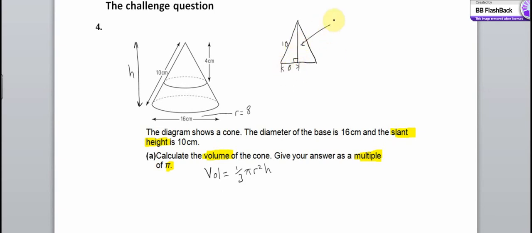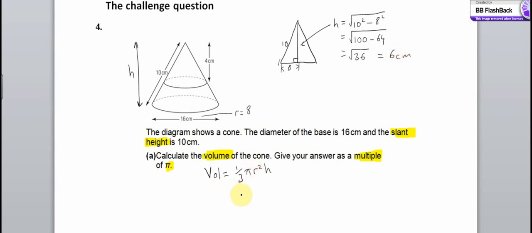This side, which we're going to call h, is the square root of 10 squared minus 8 squared. I'm subtracting because I'm after a shorter side, because the 10 is the long side. So that is the square root of 100 minus 64, which is the square root of 36, which you may have spotted already. So the height is 6 centimeters,